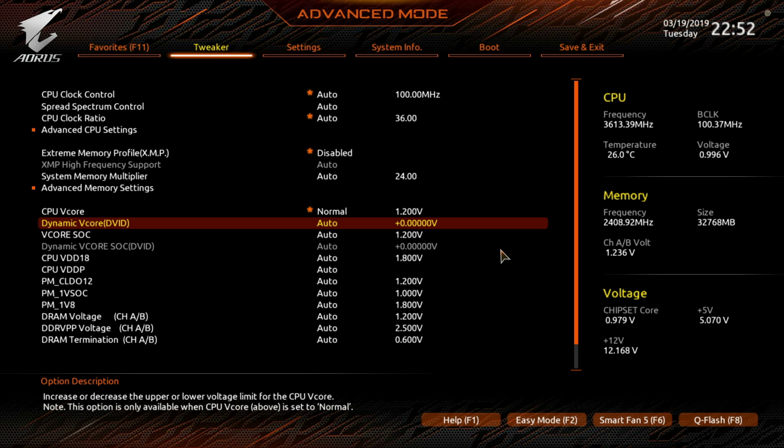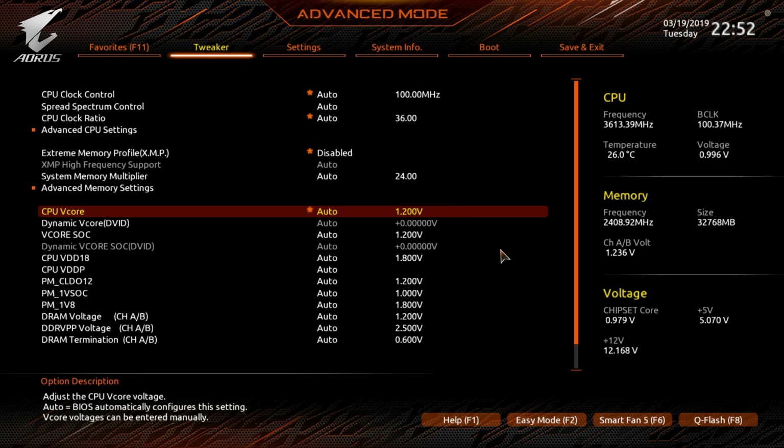It's not a huge issue. Offset voltage can be useful if you're doing a little bit of Precision Boost Overdrive overclocking. And we'll not get into what static voltage you should run because it's kind of a long topic, and you really shouldn't, as far as I'm concerned with Ryzen 3rd gen. So far, I've not seen a CPU where it makes a, well, there are some chips that are actually really good at static overclocks,